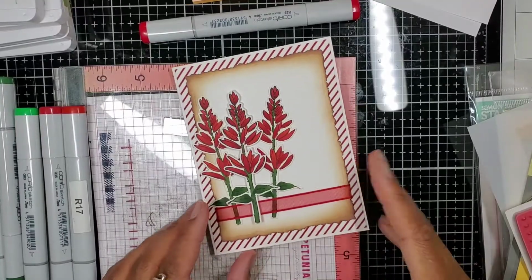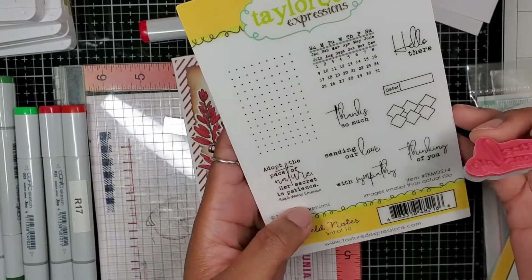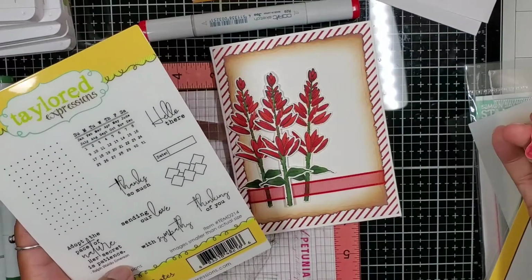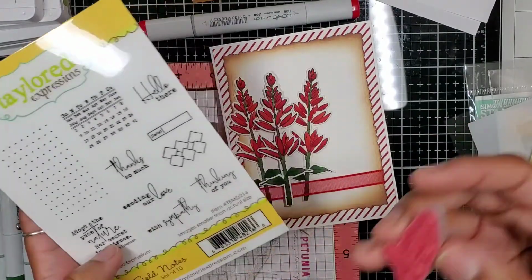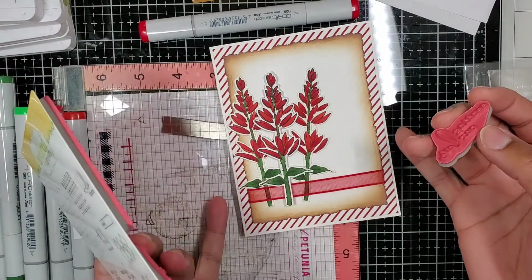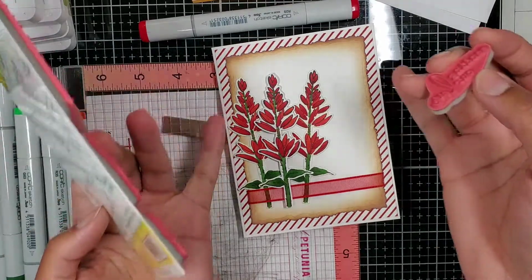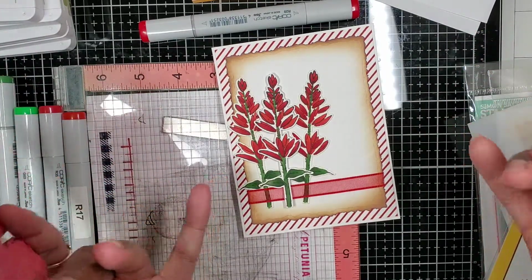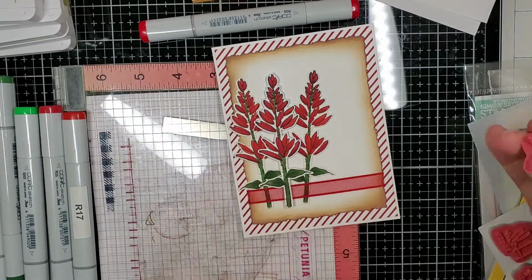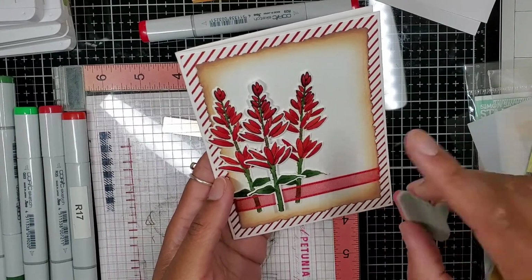Bye. All right. So for this card, I am looking through the sentiments, and I wanted to use something super Christmassy, but I'm like, you know what? Sending our love, that's kind of Christmassy. I like that. And it can be generic, like this card can be for someone who really isn't into Christmas, but it kind of has that look, but it also is just a nice, warm, really pretty card. So I'm going to stamp this off and try to make a little adorable add-on to place right here,